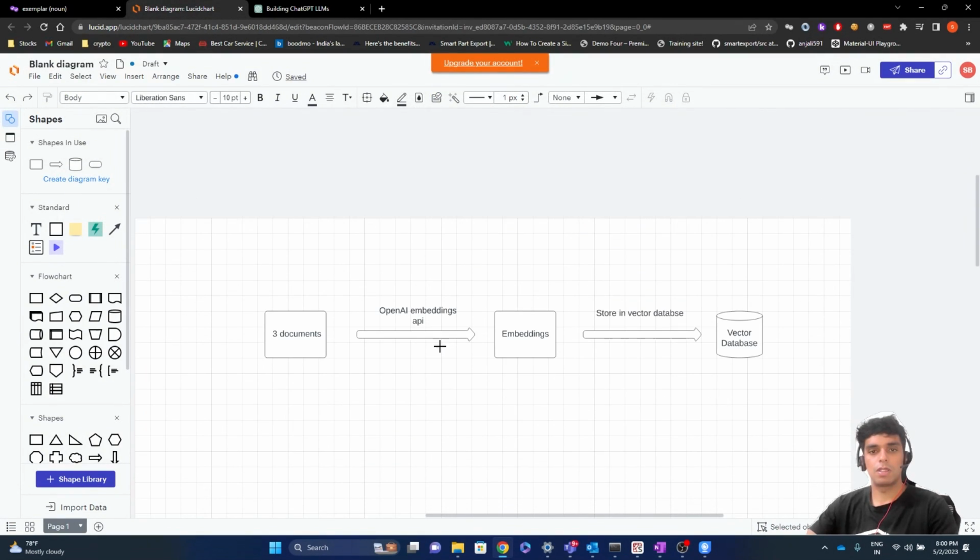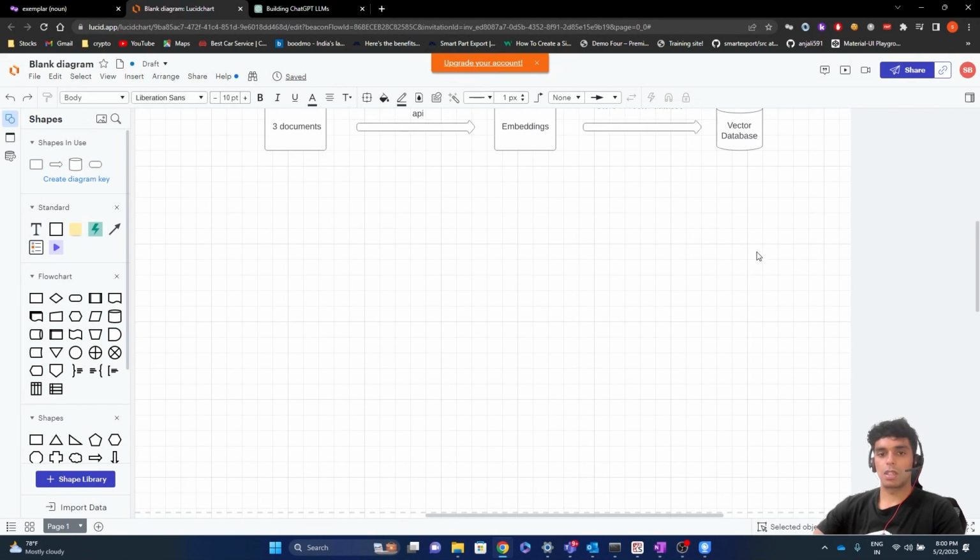Starting off with this diagram, we'll have some documents. These will be nothing but our personal data. It could be WhatsApp chat history, Facebook documents or anything like that, which is personal to you. Now we'll use the OpenAI Embeddings API, which will convert the text of these documents to embeddings. Embeddings, as I already told you, are vectors, which are a compressed form of this text. Now we store these embeddings in a database called a vector database. We have specific databases for storing these embeddings, which are also called vector stores or vector databases.